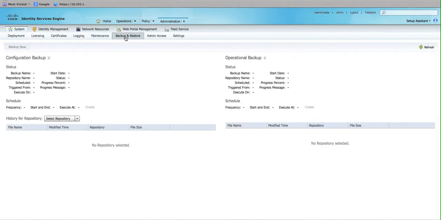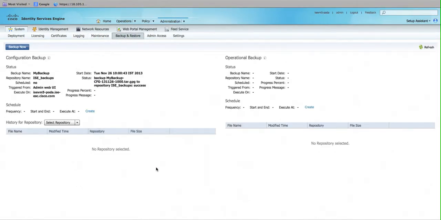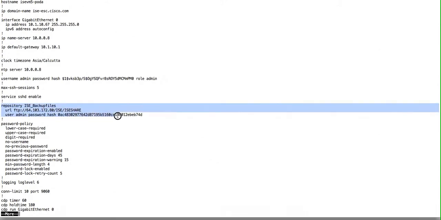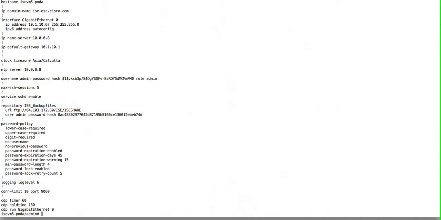Before that, let's see whether the repository we have configured is working fine or not. For that purpose, go to the terminal of ISE 1.2. Here, as you have configured the repository, if you click on show running config, it will display the repository that is being added. This is the repository we have added as of now, and in order to see whether the repository is working fine or not, just click